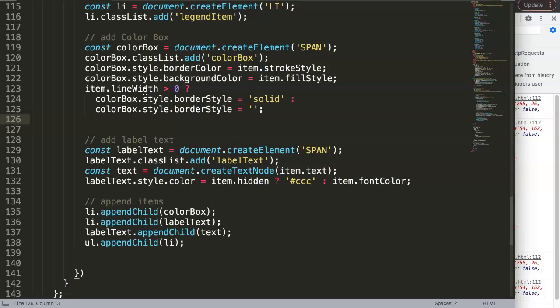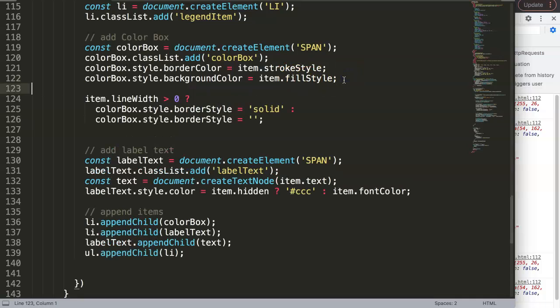So once we have this, then we can now start to work on the other item. And the other item is basically the stroke style. Alright, we have the stroke style here. Am I correct? This is the border color. That's the style, but we don't have yet the border width. Make sure you put the border width here above, or not only here above, I need to put it at